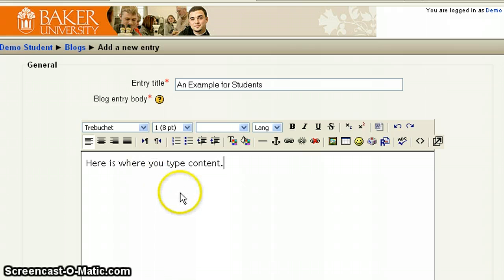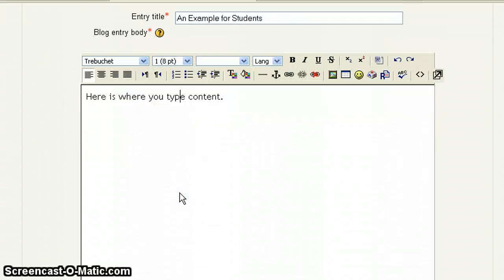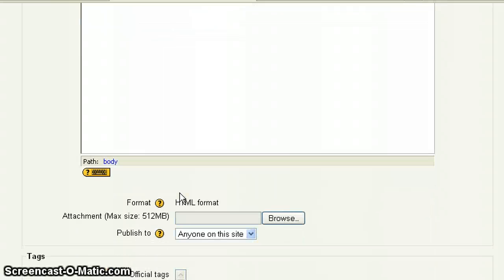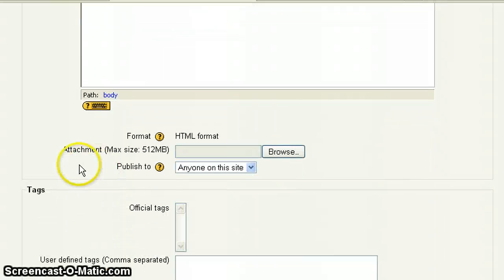Now once you've typed that, you scroll down. Next one is attachment. If you would like to attach a file to your blog, you can. You do not have to, but if you'd like to, this is the ability to. If you click on Browse,